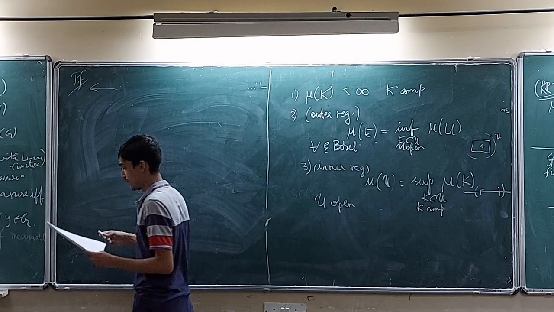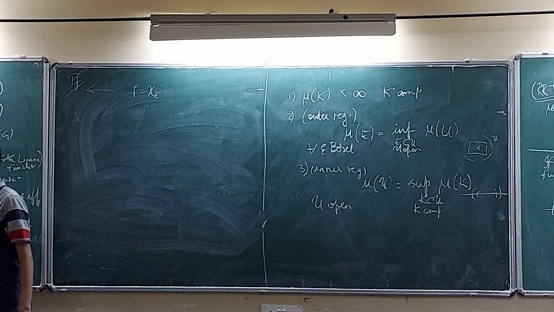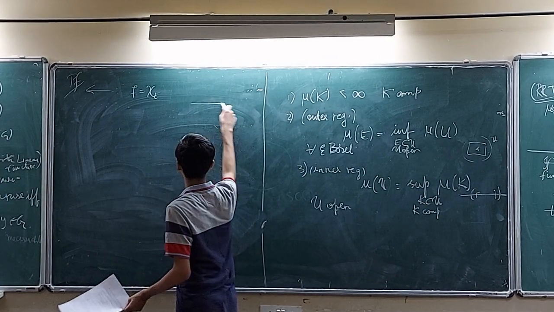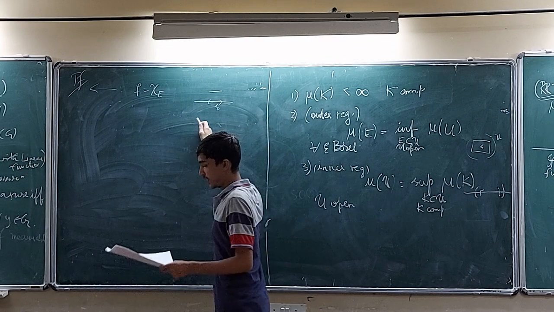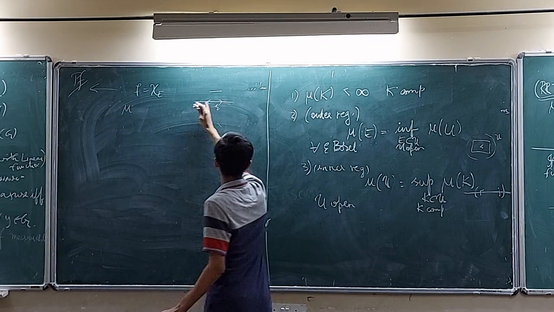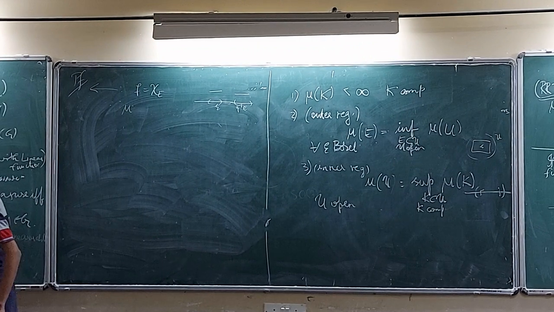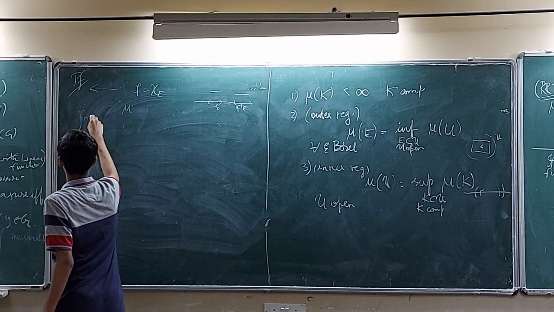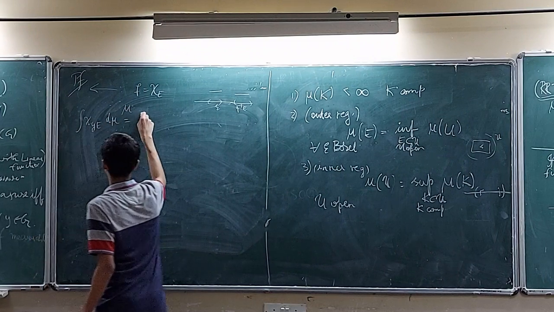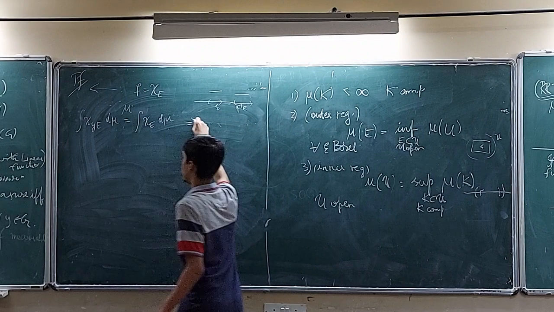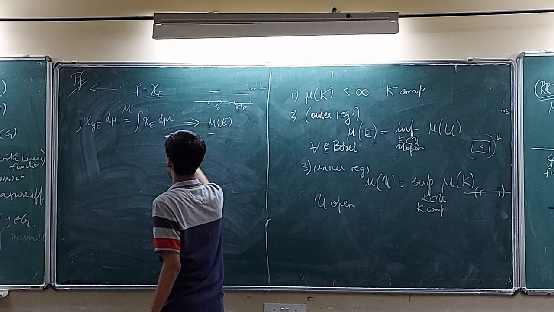For one way we will say f is equal to the indicator function. Then you get mu of e here. This indicator function is just what? On e it's 1. So L_y of e will just be equal to, it will take it to y inverse of it. So this will be the indicator of y inverse of it. So the left hand side will come out to be, not y inverse of it, I think y. Yeah, y. And the right hand side will be this. So that would imply the integral of the indicator function is just the measure of that set because it's 1. And similarly here we have